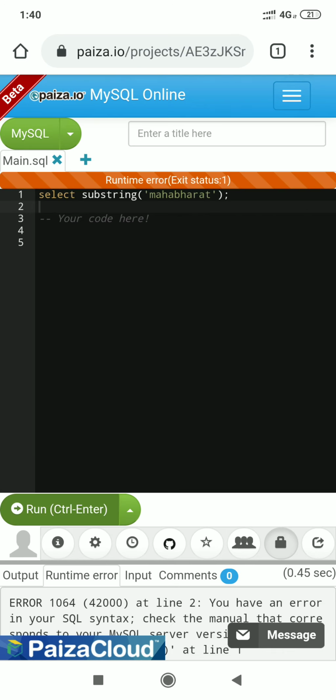It returns error. Why is it returning error? Because we are passing only a single argument, but the substring function requires at least 2 arguments. First argument string and second argument position, and we are here mentioning only string, so error is returned.